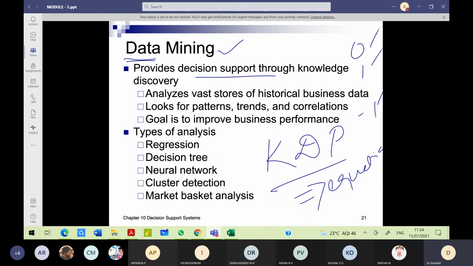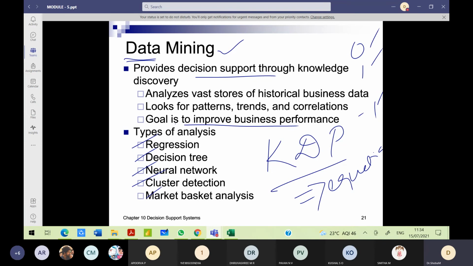With respect to the subject, the goal is to improve business performance, right? Various types of analysis can be performed: the regression method, decision tree, neural network, cluster detection, and market basket analysis. Regression, to some extent you know, correct?